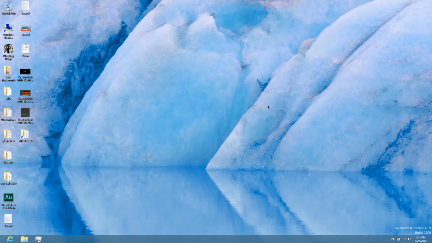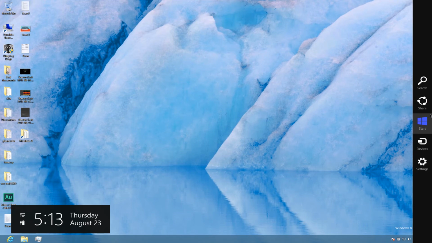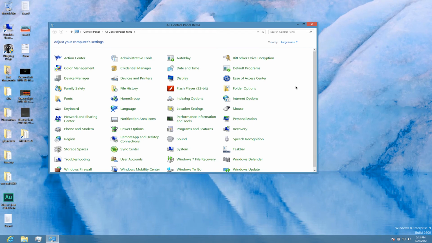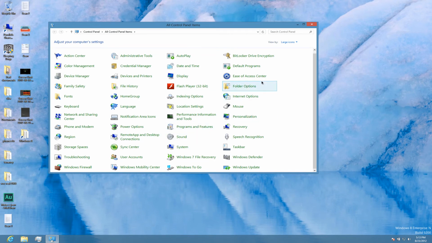this was it. If you want to go to the control panel, you do the same. You move your mouse to the right corner and you get these 5 features. If you click on settings, you get the desktop where you are at the minute. Then you get control panel. Control panel looks fairly similar to Windows 7. There are some new icons like storage or family safety or something, but